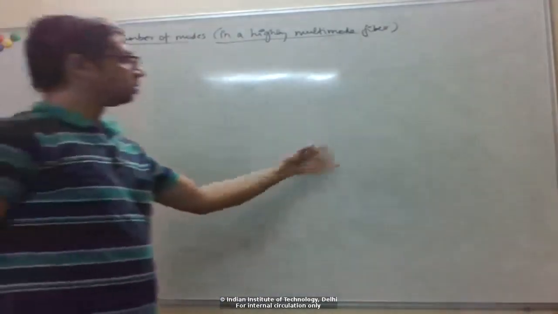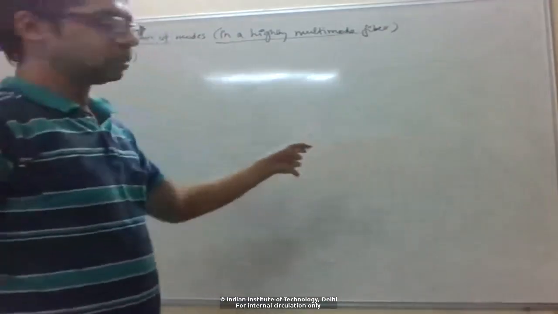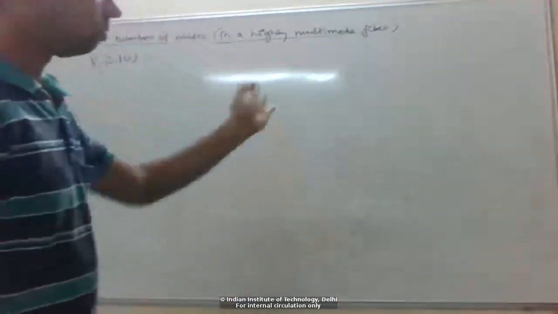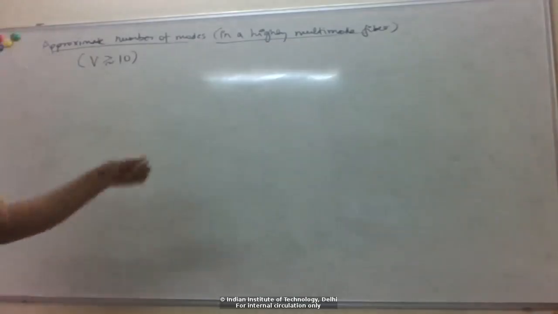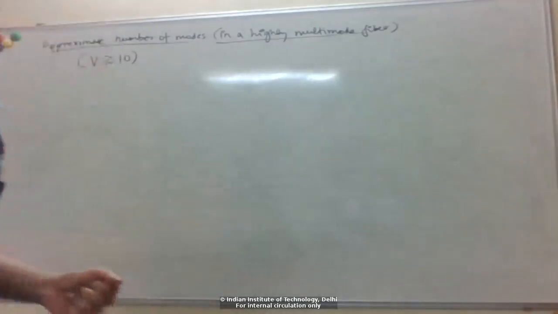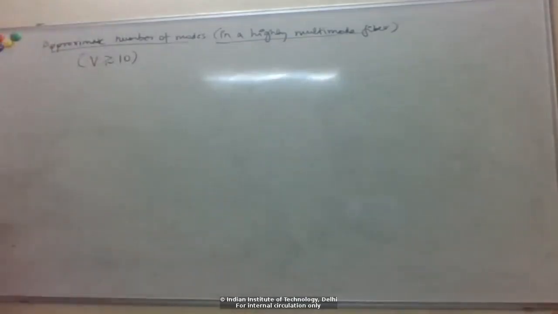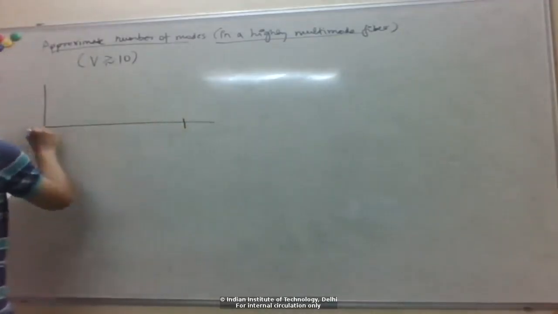Below 10, we can just count the number of modes from the roots of the Bessel function. But for large V numbers, like greater than 10, we can approximate the number of modes like this, because it becomes tedious to count one by one all the Bessel functions, how many roots they have. So basically, if you go back to this, when we were plotting this transcendental equation from which we were calculating the modes,